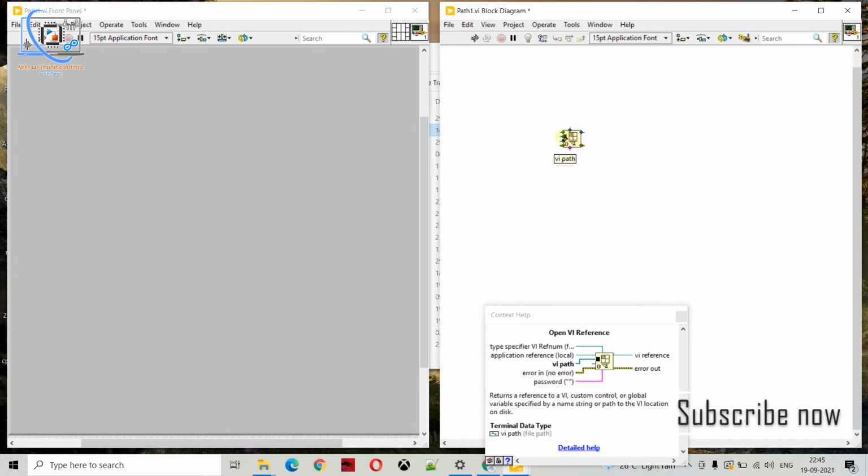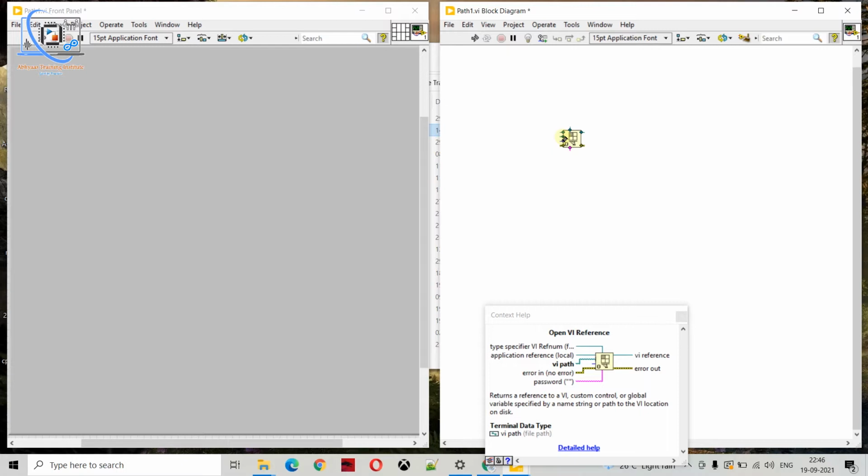If you want to open a VI and work with that reference, you know the path, so you can define that path over here if you don't want a static reference. So we can work with a file by its path as well.